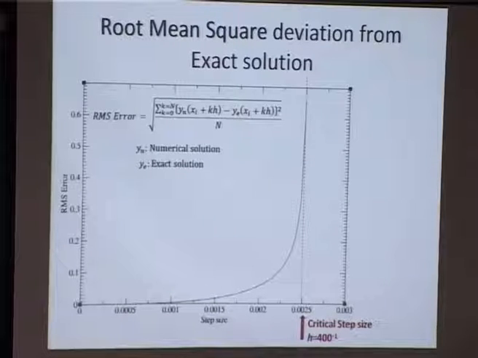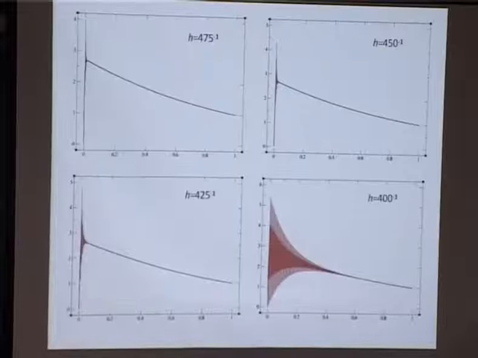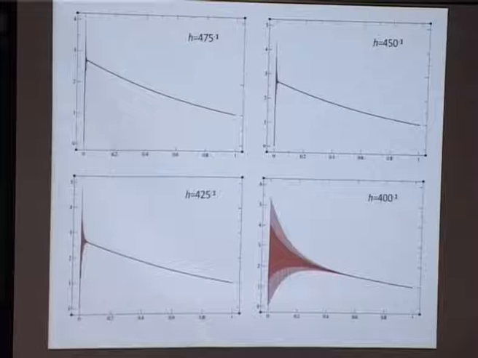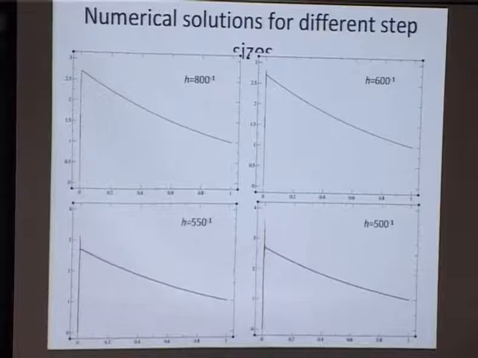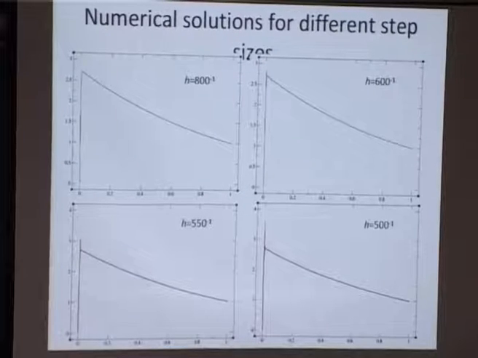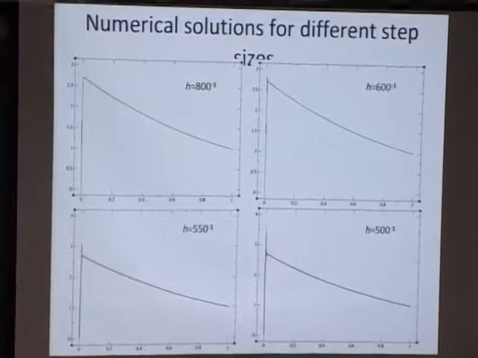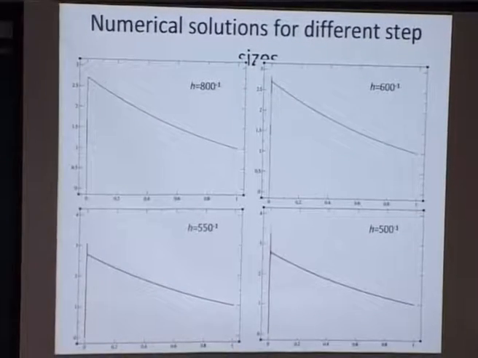if you look at the nature of the exact solution above a particular step size, there's a very sharp variation of the exact solution at the peak. Right, around less than 0.01, there's a peak in the exact solution. So whenever the exact solution varies very rapidly, there's a good chance that the numerical one deviates from the exact one. As you can very clearly see there, it starts to deviate exactly at the peak.